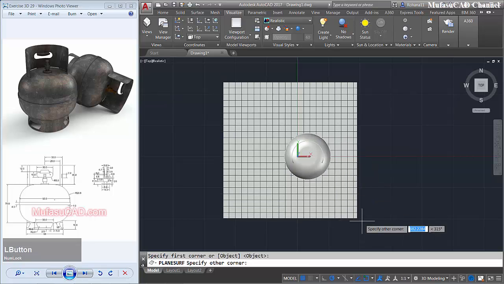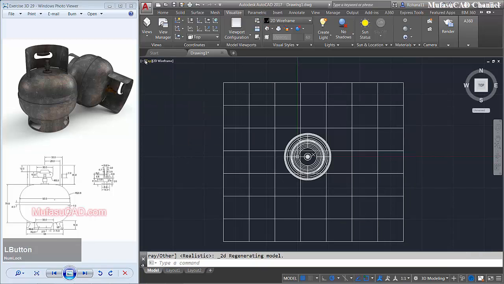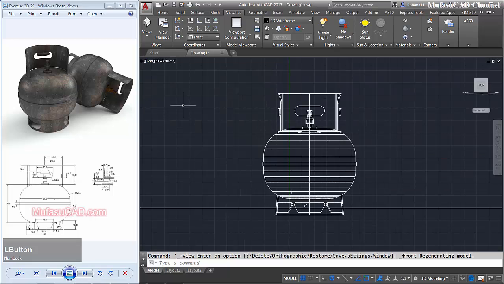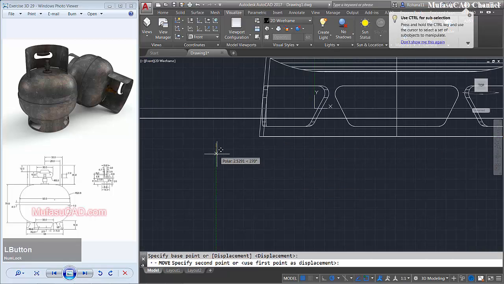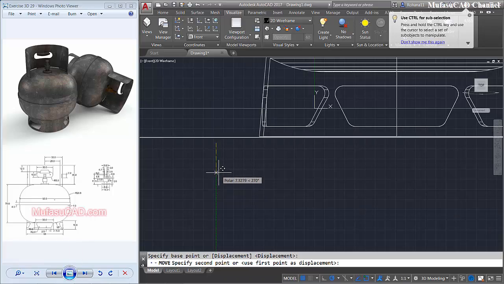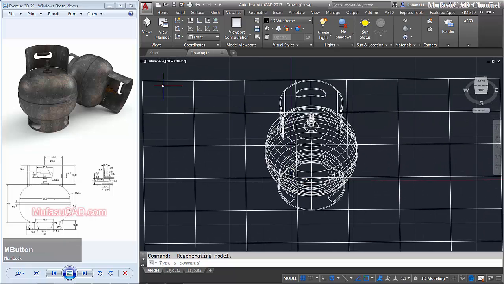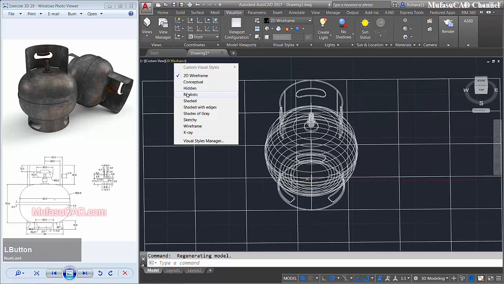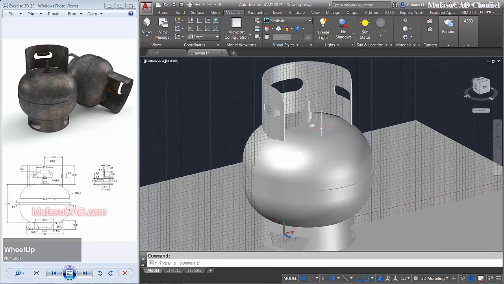Start from this point to here, and change into 2D wireframe. I will change into front view. Move this plane surf object to the bottom, and I will rotate this object. Change into realistic view, and I will apply material to this object.